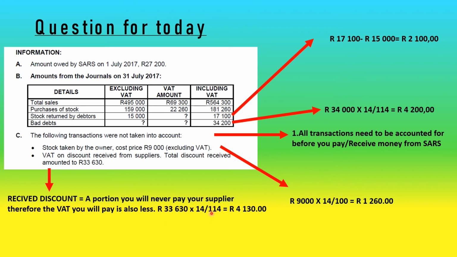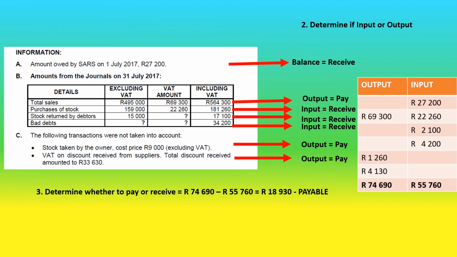I want the 14%. I want to know what the VAT amount is. What do I have? I have an amount including VAT. That gives me a total of 4,130. Okay, so